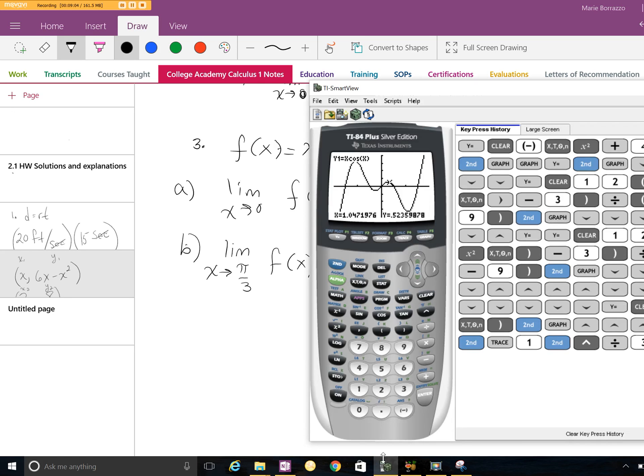Now I want you to also look at the graph and understand that we're looking at pi over 3 being approximately here. So you need to go back to the basics of when you look at an actual